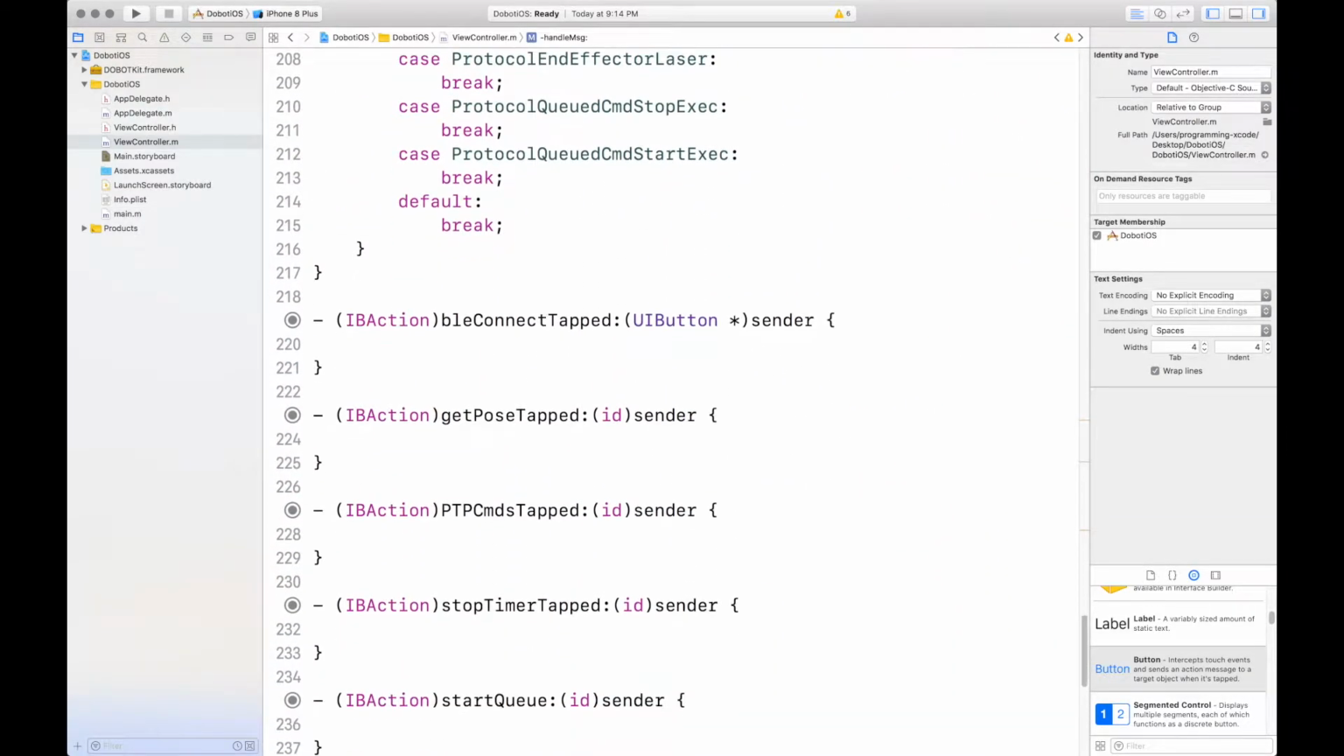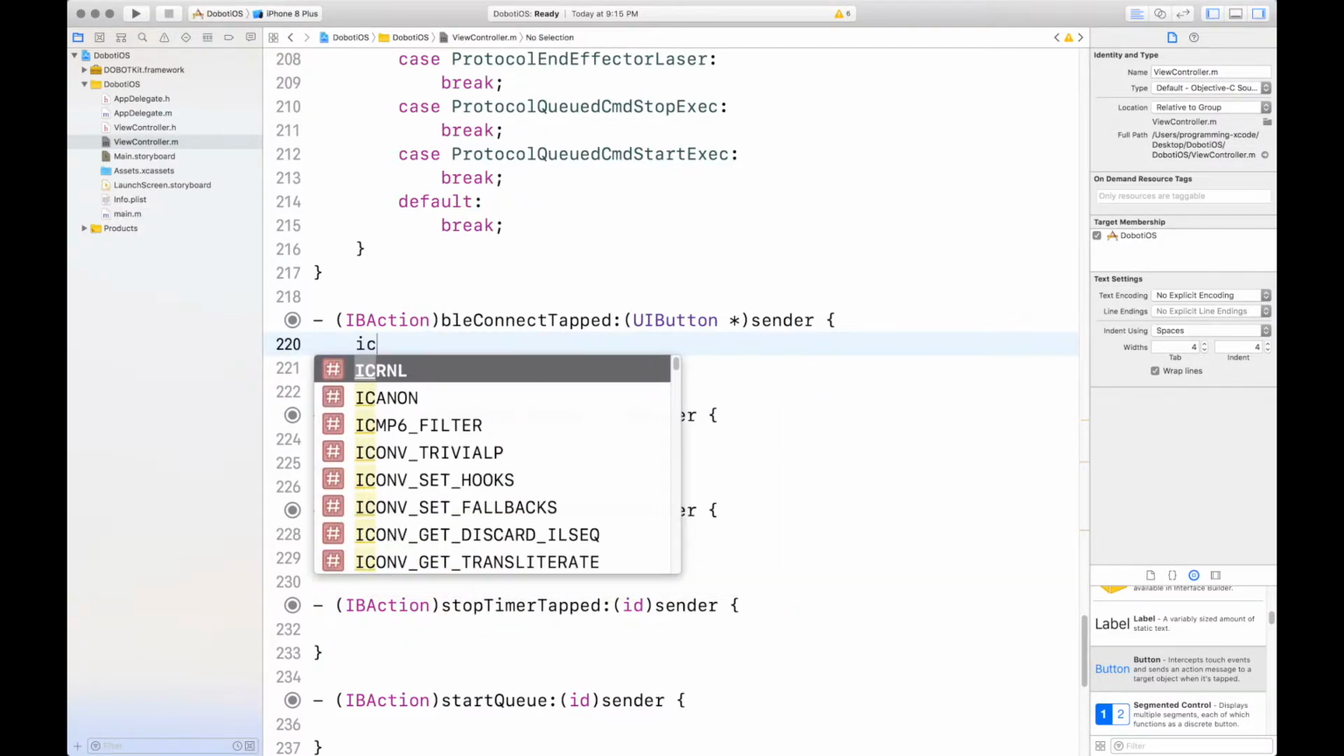Now we're going to be working on the IB actions. Now these are, I guess, simpler, but they're still kind of hard to use. Anyway, we'll get started with the first one. The first one's quite simple. First, we want to check